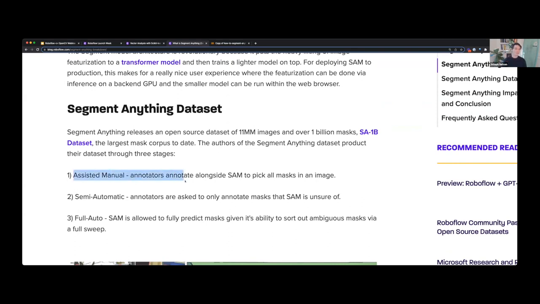One was assisted manual, where annotators worked alongside SAM. The second was semi-automatic, where the annotators worked to basically correct SAM. And then the third was full auto, basically using SAM to create more training data for SAM. And this sort of scale up, I think about this as agile development applied to ML dataset generation. This is a trend that we see being very popular at Roboflow for any sort of data